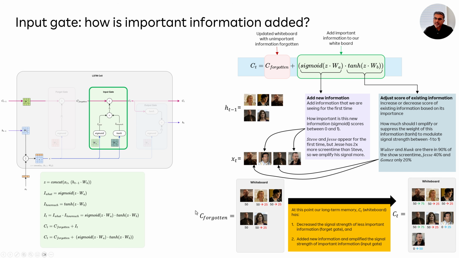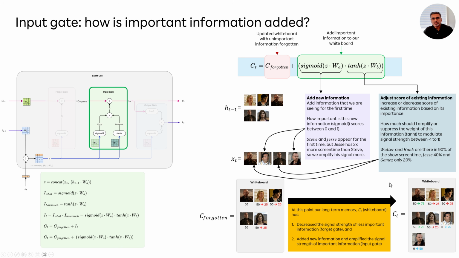Okay. So at this point, what has happened? For number one, you added the new characters. You added Steve and you have added Jesse. Both of them initially had a score of 0. You added them and you have made the scores appropriate based on their importance to the plot line. So Steve is less, so the sigmoid essentially swings the score towards, let's say, 25, and Jesse is more, so it gives him more score and swings it towards 50. Walter White and Hank appear again, so as a result, you swing up their score further, and you increase it from 50 to 75 for both of them.